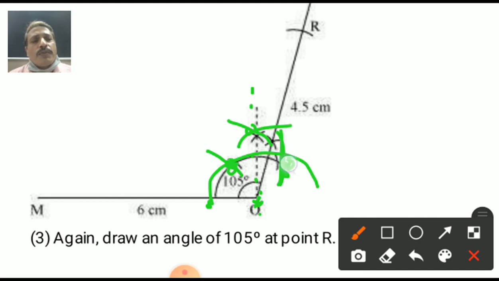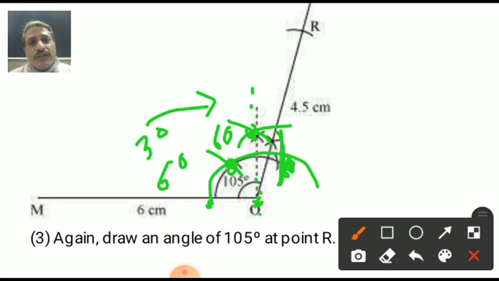Now we have 2 points, 1 point is here and 1 point is here. Now bisect this angle. Actually this angle is 30 degrees. Why 30 degrees? Because first is 60, second is 60, student. 60 plus 60, 120. Yes, my dear student. But this second 60 is cut into 2 parts, and those 2 parts mean 30 plus 30. So 60 plus 30, 90 degrees. This is my 90 degrees, student. Dotted line. Now 90 and 120, 30 degrees, and their half is 15.